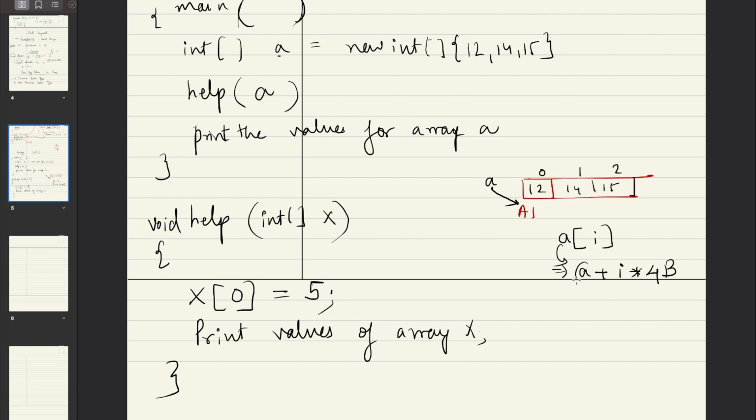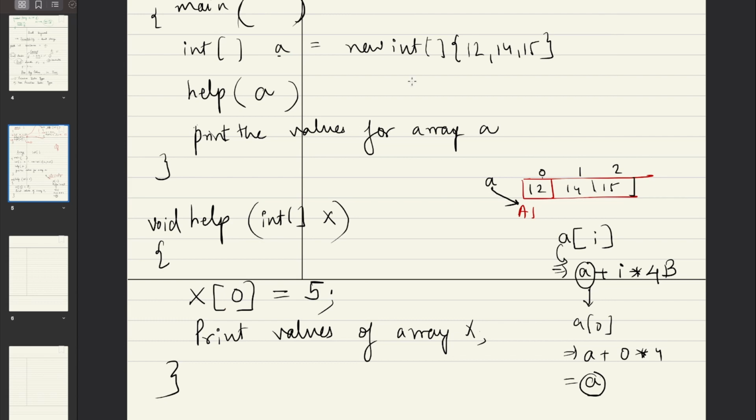That means this a, which you can see, which is the name of the array, actually stores the address of the first element of your array. So a is storing a1. If you have to reach the first element of the array, we simply do a of 0. The a of 0 can be written now as a plus 0 into 4, which is nothing but a. Right? And what is a? a is nothing but the address of the first element of your array, and that's how you can access your first array element. Okay, and this is why you can also access your array elements in the form of indexes,